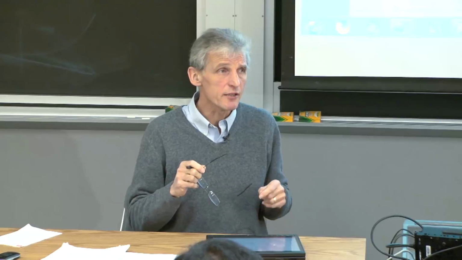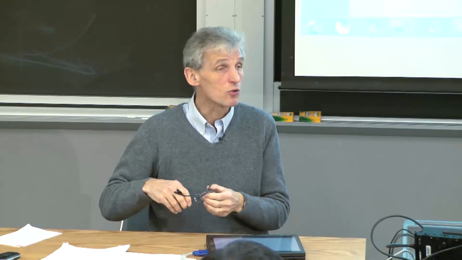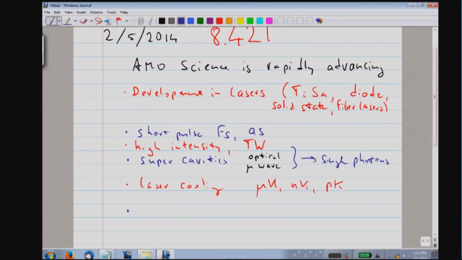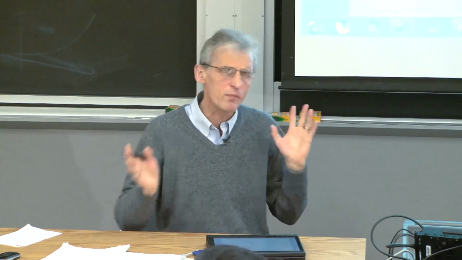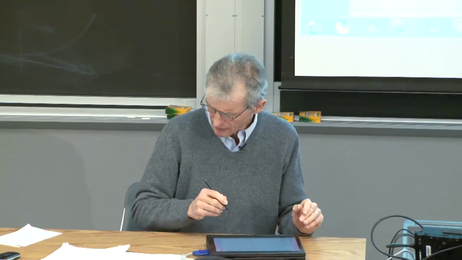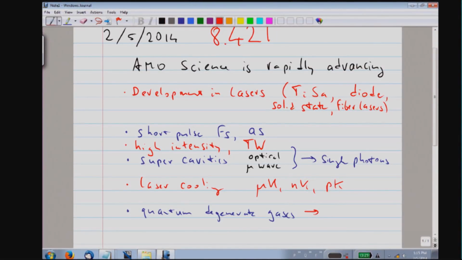But the moment we reach, through cooling, nanokelvin temperature, atoms move so slowly that they feel each other. And that means suddenly we have a system to do many-body physics. So the advent of quantum degenerate gases and many developments after that with optical lattices and lots of bells and whistles really meant, and this is dramatic, that atomic physics has made the transition from single and two particle physics to many-body physics.